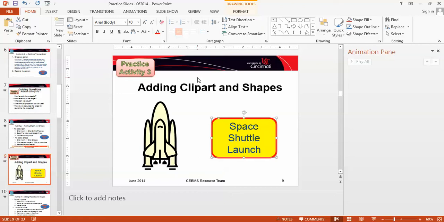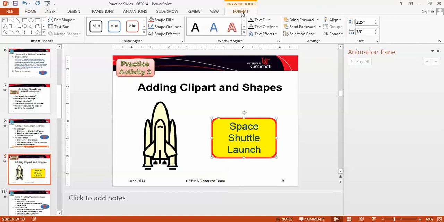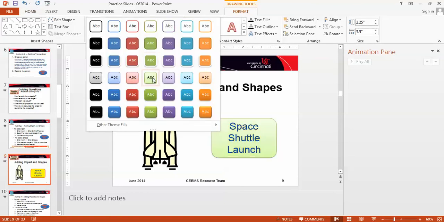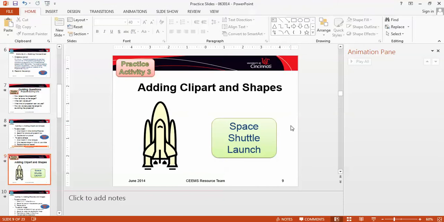So one of the things I do want to do is change the color of this box, and the way I want to do that is once I've selected the box I can click on the Format, and there's a bunch of shape styles over here, and we'll just make it green. So now there you have it, except one of the added features here, we might give this a little bit of